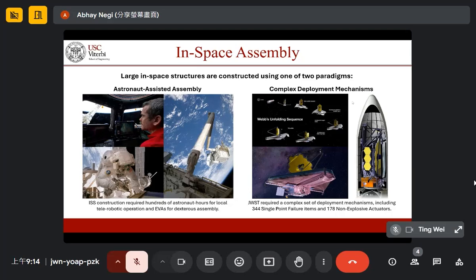Now, James Webb had over 100 different actuators to unfold, and space systems become complex very quickly, and each of these actuators have to be tested to make sure that they do work. Because if one of them doesn't work, then the whole thing doesn't unfold, and then we don't get all the science that we expect out of a